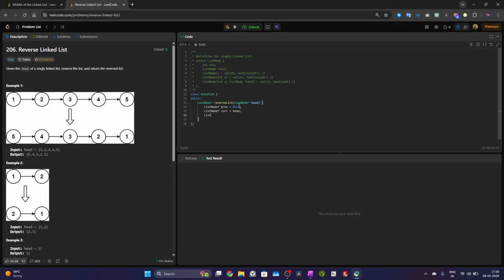ListNode forward also equals to null now. Okay, while current is not equals to null,